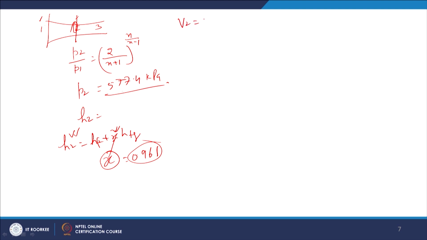Right. Now, once we have the velocity at stage 2, that is 456.3 meter per second, we will take the specific volume also at the throat. Specific volume at throat is quality multiplied by saturated vapor specific volume. Now, why are we doing this? We are doing this to find the mass flow rate for each nozzle, because unless we have mass flow rate, we cannot find the power output. Velocity diagram will give us only the power output per unit mass flow rate.